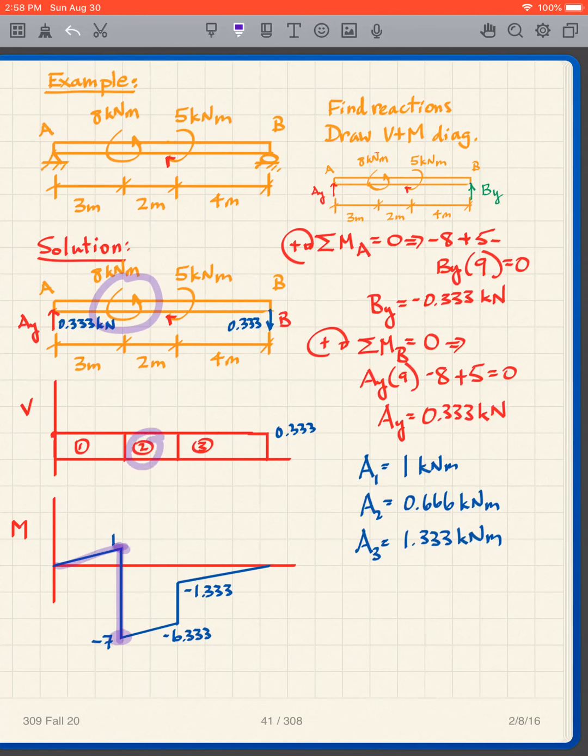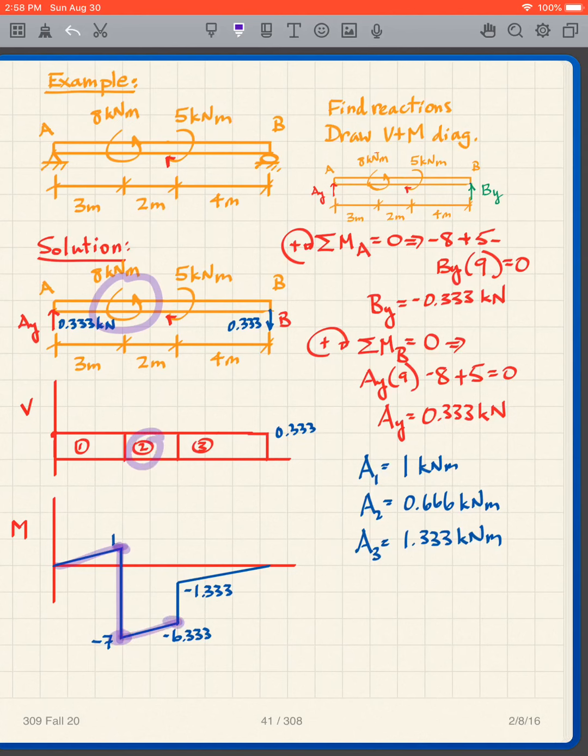Now I do area 2. Go up. Oh, I have a concentrated moment. That's clockwise. So I now go up 5. And then area 3 takes me back to 0. So the shortcut method works very well. You just have to pay attention to those concentrated moments for the